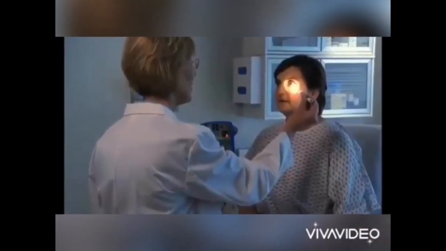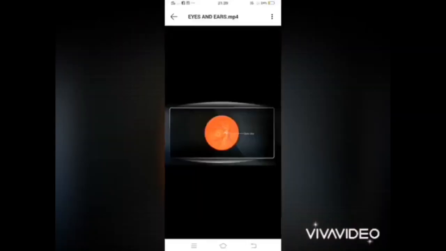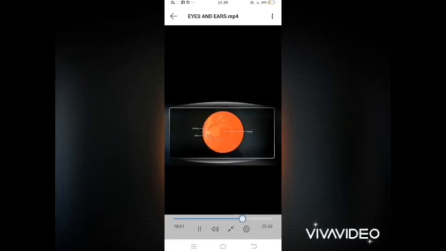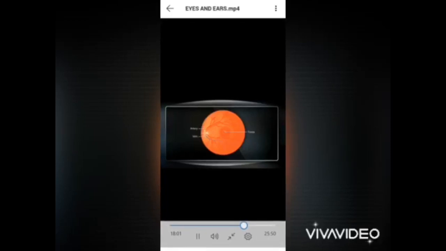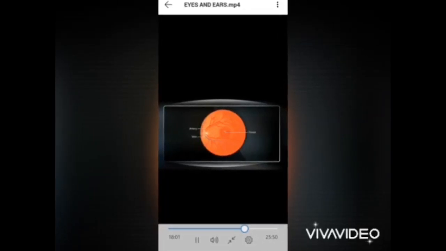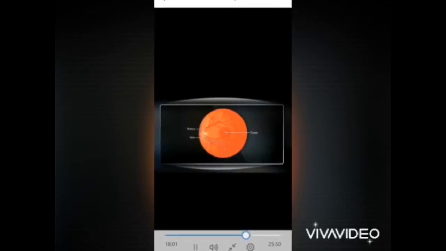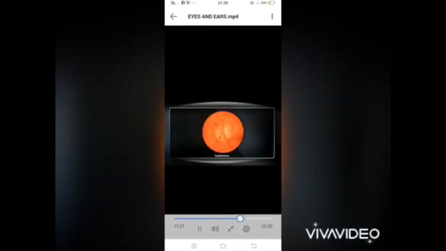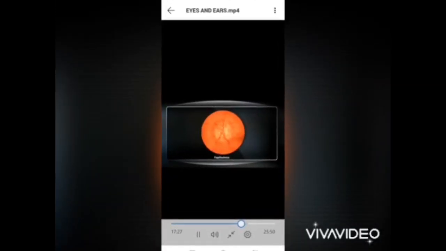Now, moving closer to the eye of the patient with the help of the ophthalmoscope, you can examine the retina for lesion, color, and distribution. We should properly look for the arteries, that is the lighter red colored arteries and the darker blue colored veins. We should also look for the fovea and the macula by putting light laterally onto it. Also, we should look for papilledema with the help of the ophthalmoscope.